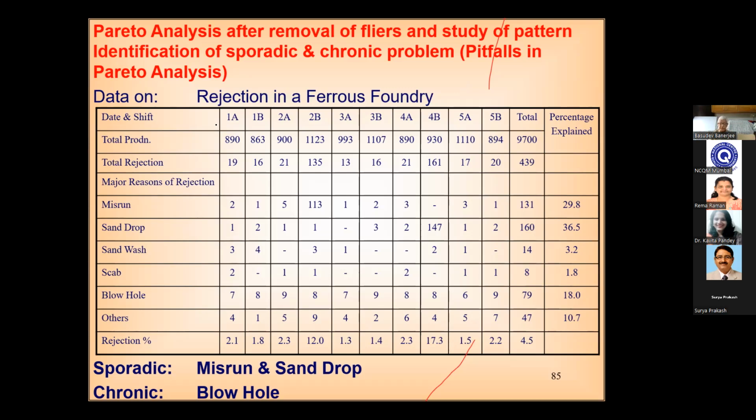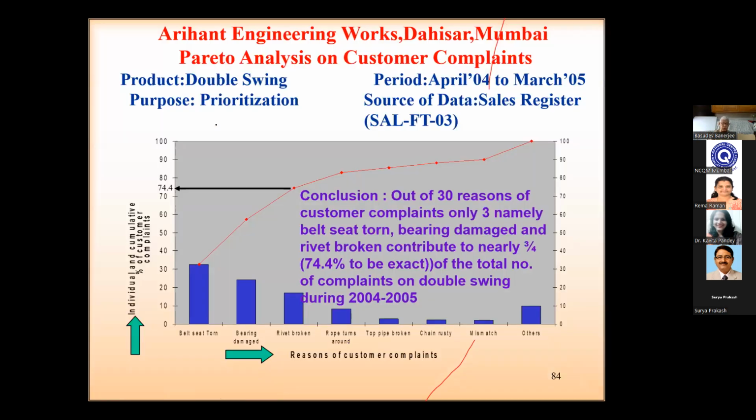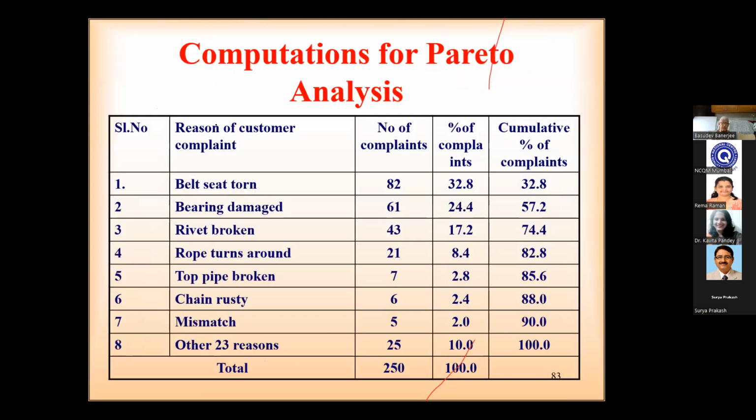Shall we move on? Now you are clear of Pareto analysis and their applications? Yes, sir. Purpose is clear? Yes, sure. Okay. So now we can focus on certain major reasons. Like in the earlier case, we saw what major reasons were, say, three, namely belt stick, bearing damage, and defect. Now one by one, we tackle them and go through what is known as cause and effect analysis. Okay, so we'll go into cause and effect analysis.